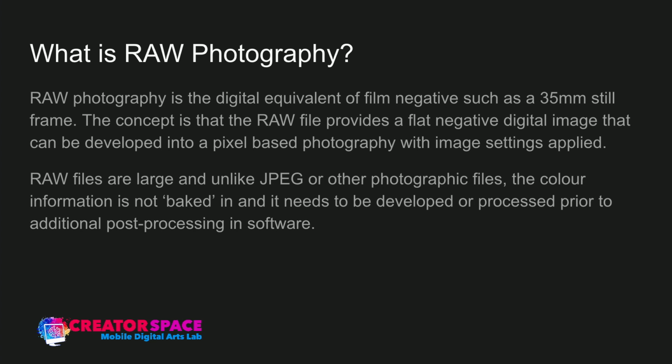data in that file, and it's again not what's called baked in. So it doesn't have that information. So raw files are large, and unlike the JPEG or other photographic files, the color information is not baked in. So that means it can change because we're working with a negative type raw file. But it needs to be developed or processed. So you can't just take that raw image file and just open it up. It has to be opened up in some sort of software that can process it or develop it prior to